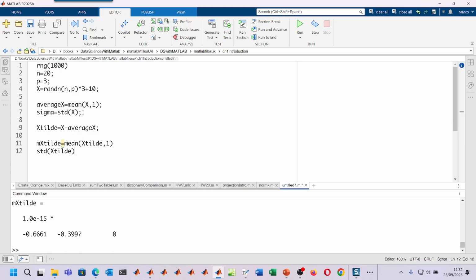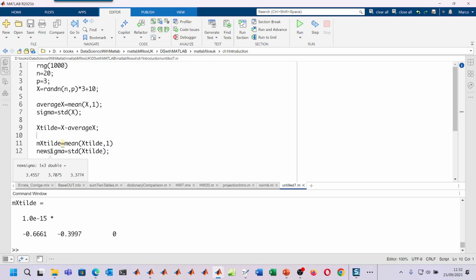How will the standard deviations change, if they do? These are the new sigma. I run it. Now, the original sigma were these, and the new sigma,